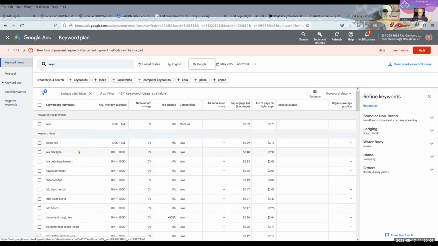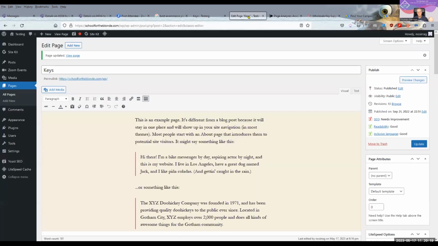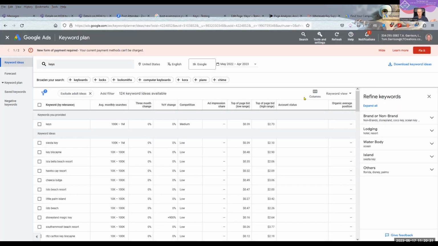So as you can see also in the second or third row, we're down to 10,000 to 100,000. Why would I use that when I can go from 100,000 to 1 million? So I can say, well, in my page, keys for that one is great. But are we done? No. Next thing that you want to do is, okay, we'll write that down.